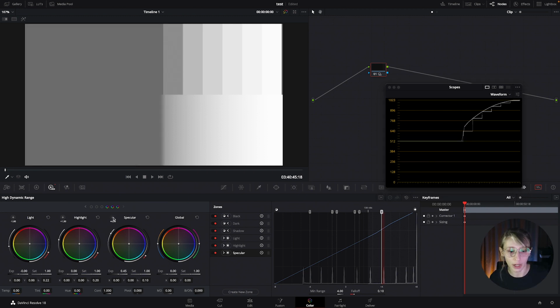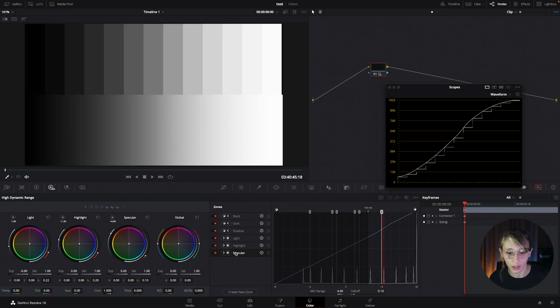If for example I press the specular light, it's gonna select my specular light here, and then I can just rearrange the range. So for example, I'm gonna be like, oh, I want the 3 last to be the range of my specular light. Okay, so I'm just gonna go like that,